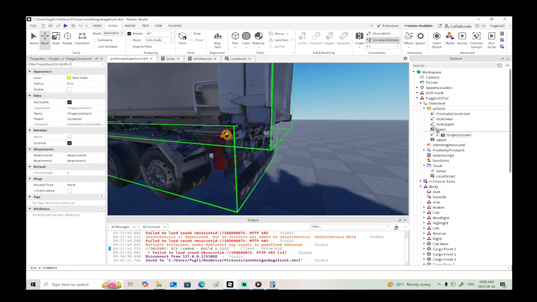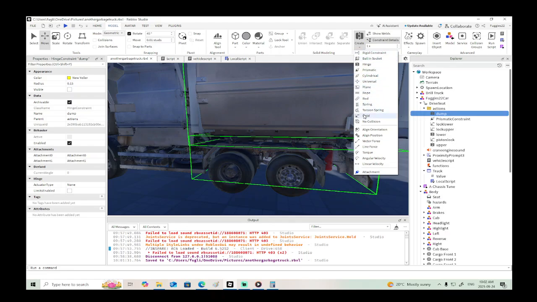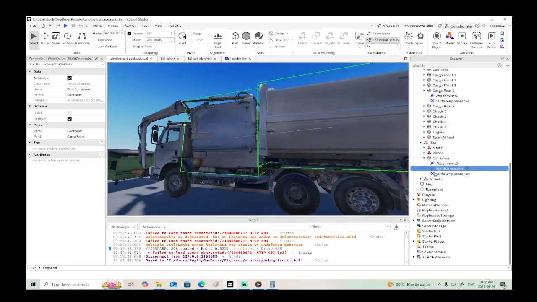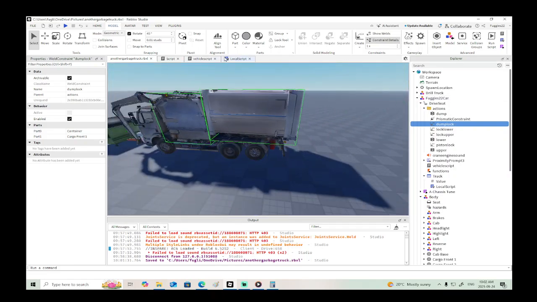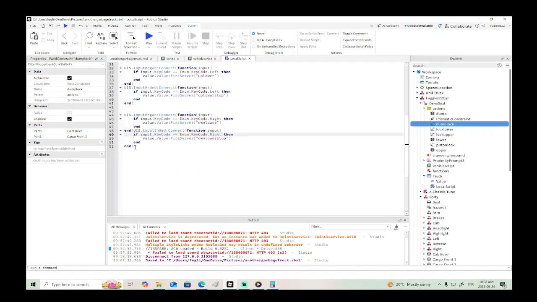Same thing. Take the hinge, put it into actions. We're going to call this dump. And then we need to create a weld, and we need to call this dump block. And we'll put that into actions. Okay, so may as well bind a key to it. I don't know. Let's bind the M key as our custom key for dumping. So then,